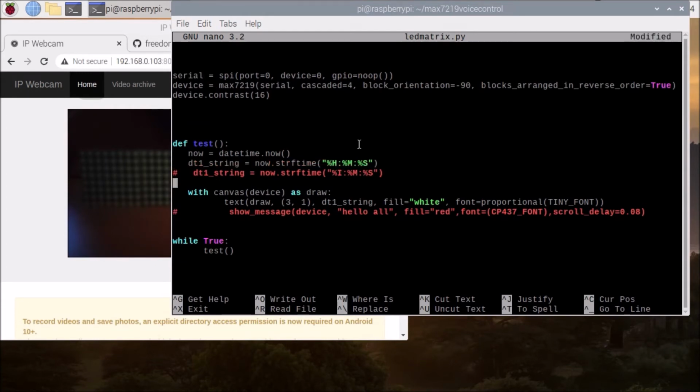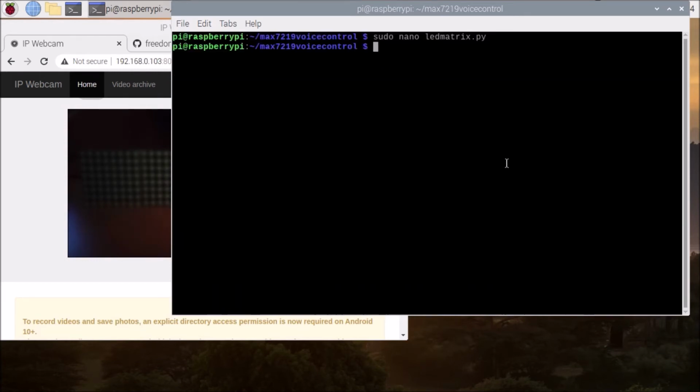If you want to go with the 12 hours clock, simply uncomment dt1 string for the 12 hours. If you want to set the 24 hours clock, then just uncomment the first one, dt1 string, which is basically the hours. Now Ctrl X, Y, enter and save, and if I run the script,